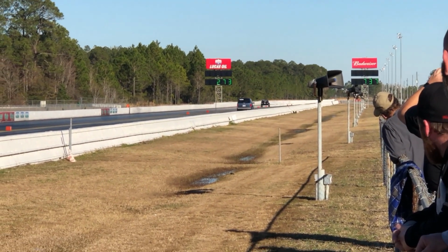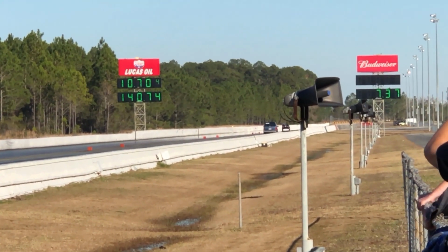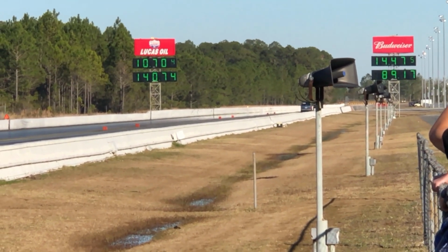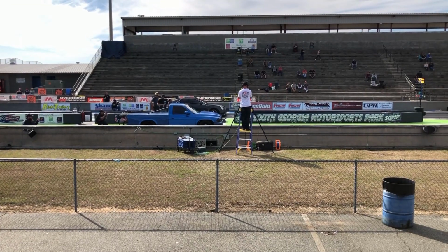What kind of numbers will he run? 1070. Look at the speed though. Are you kidding me? That little short-wheel drive car? J3 is just... Good, but...